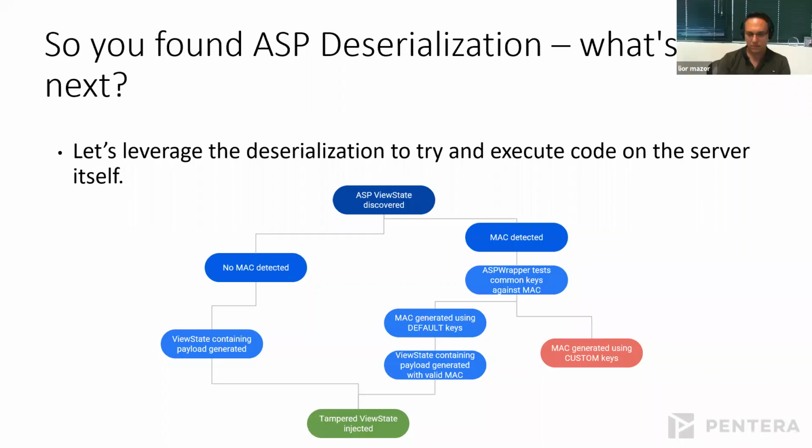A tampered view state is basically the stream of bytes that will be rendered on the server and will be executed. What is this tampered view state that you will send? There's an open source project which goes by the name YSoSerial. YSoSerial helps you add your payloads, your shellcode, for example, or your command lines that you want to execute, and wrap it in a managed code